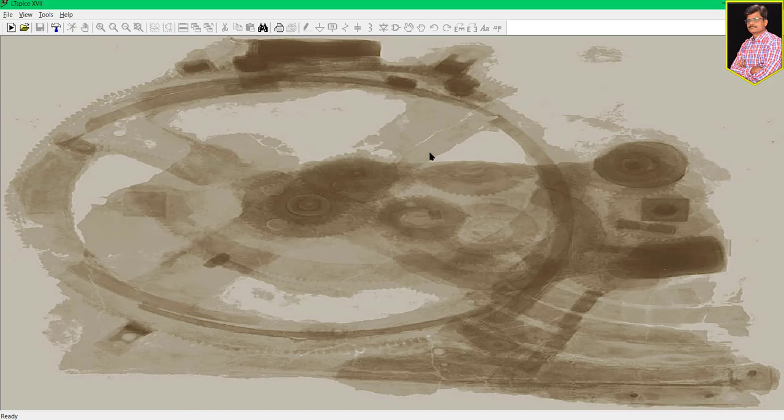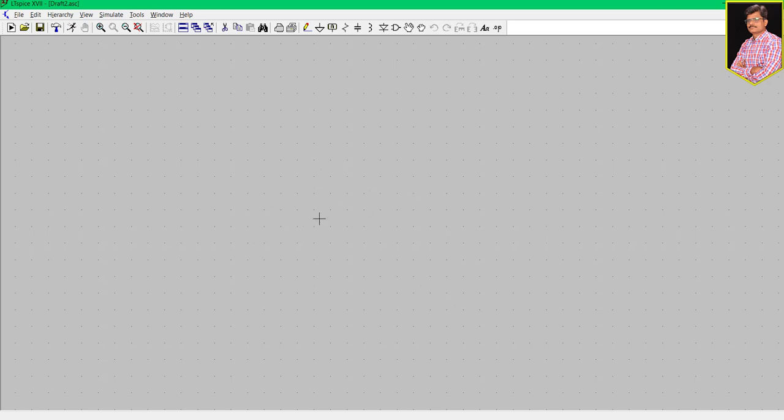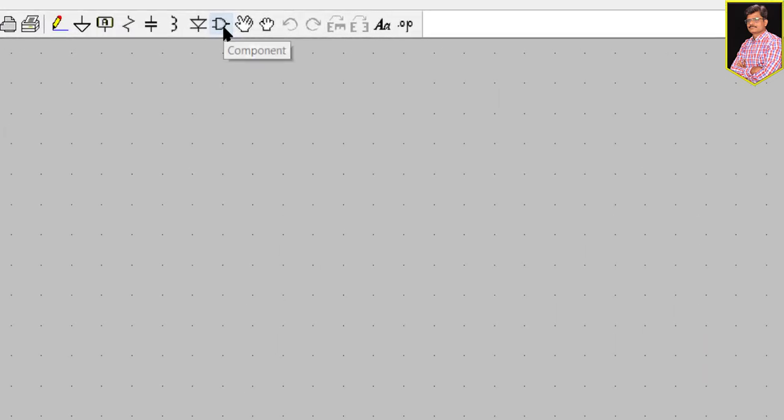Right, so this is the interface where at the top you will have all the ready icons and a number of electronic and electrical tools that are available. Once you really do it, you will understand it, because they are all somewhat user friendly. So first of all you have to start a new schematic. Once you click on new schematic in the file menu, you will find a gray colored workspace, and there you have to select the component.